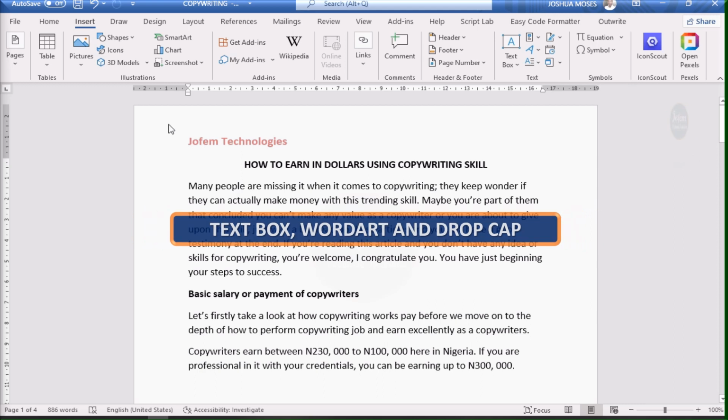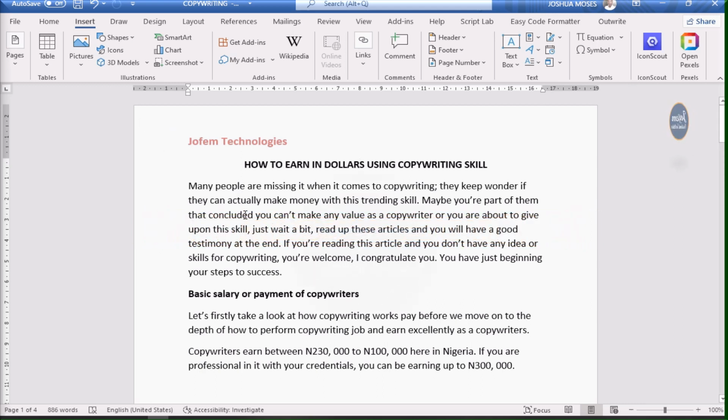Welcome back to class. This is still on Microsoft Word. You are welcome to Microsoft Office Word. That's a word processor, where you write whatever you want to write. Use your Microsoft Word to write even blogs, copyright, and everything. You can use your Microsoft Word to perform whatever things you want to do pertaining to writing, online and offline.